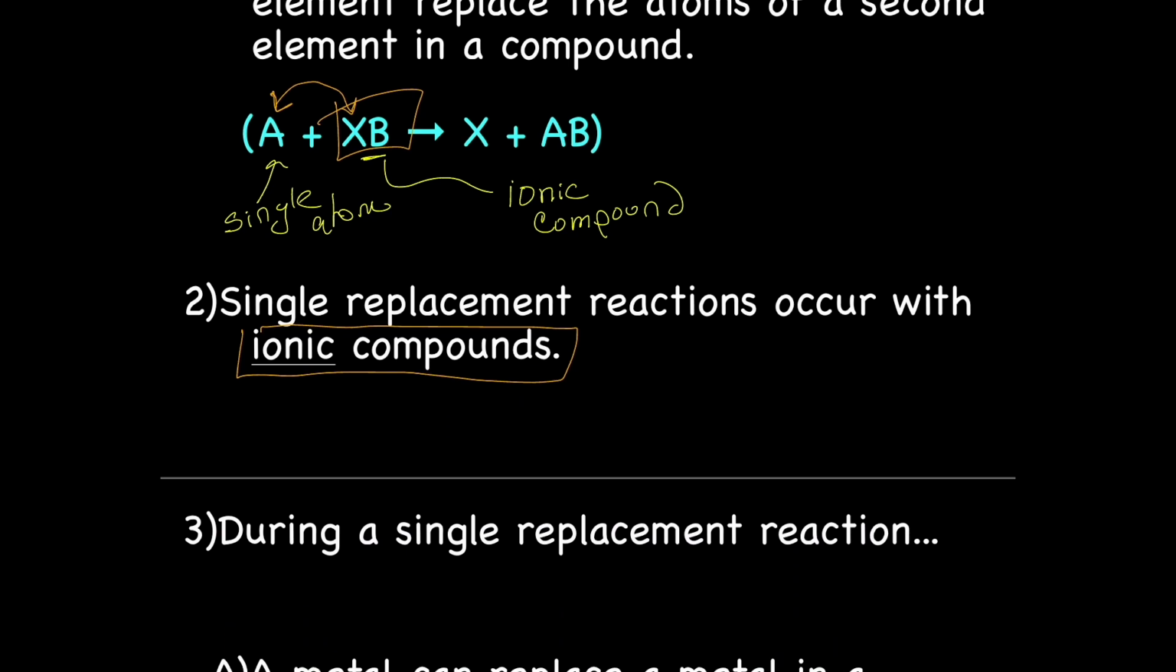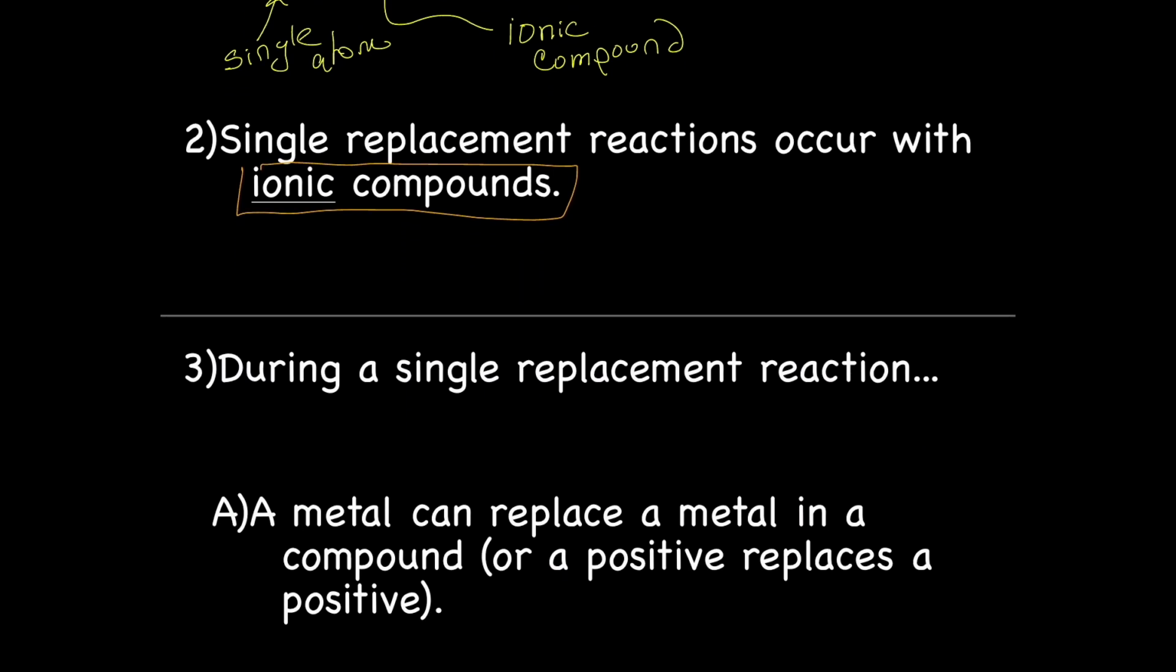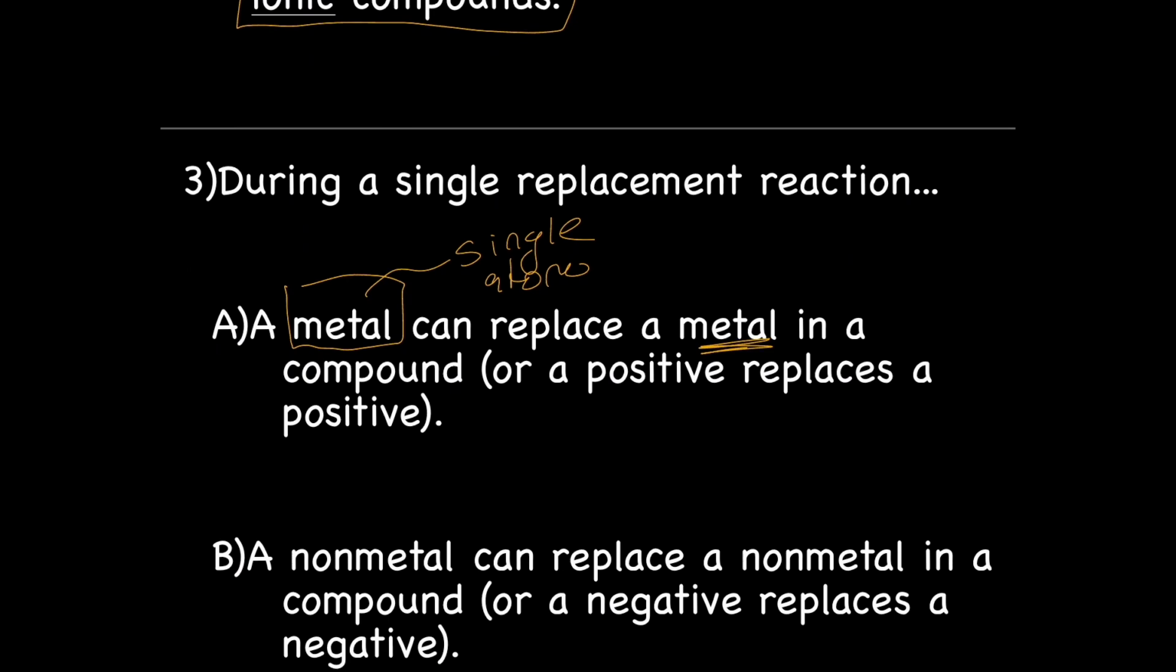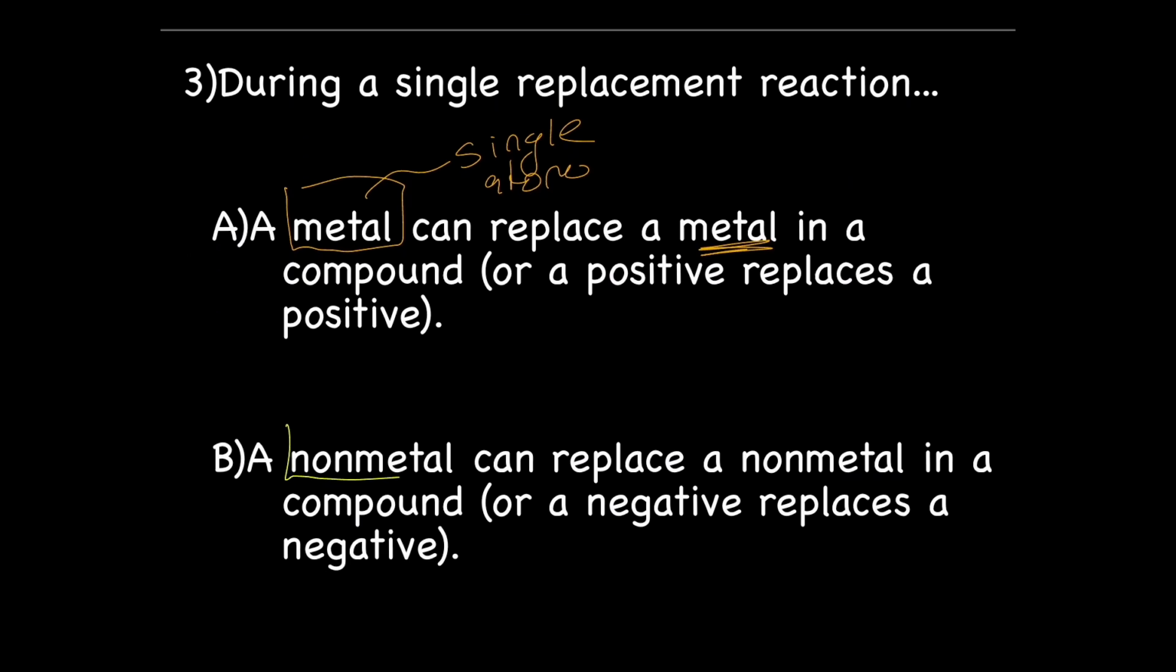So during a single replacement reaction, for now, two different things can occur. First, a metal can replace a metal in the compound, or a positive replaces a positive. So meaning, if you have the metal as your single type of atom, then it'll replace the metal in your ionic compound. Conversely, if you have a nonmetal as your single type of atom,